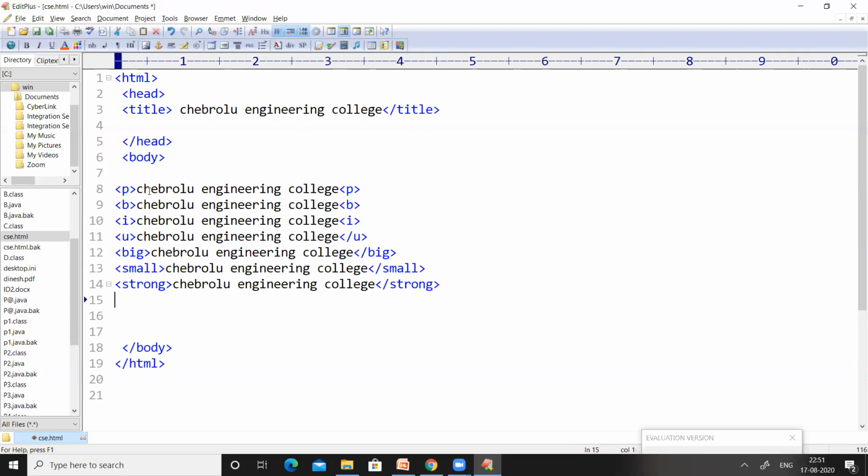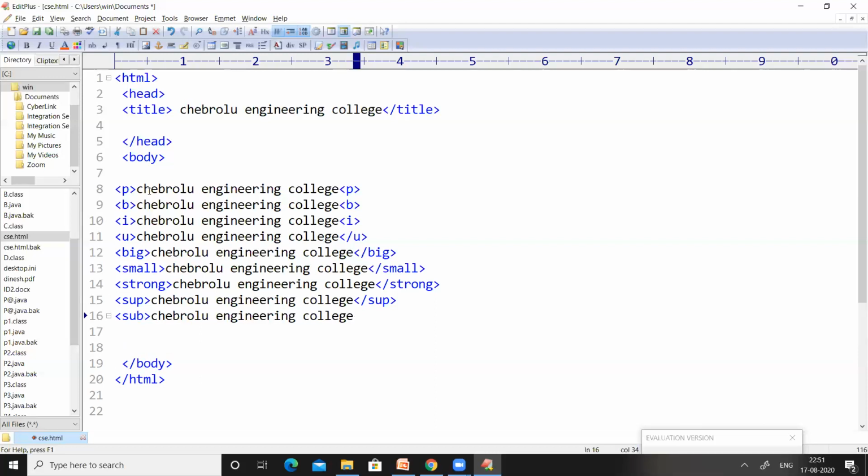And then we have used the superscript tag and the subscript tag, and then the strike through tag.